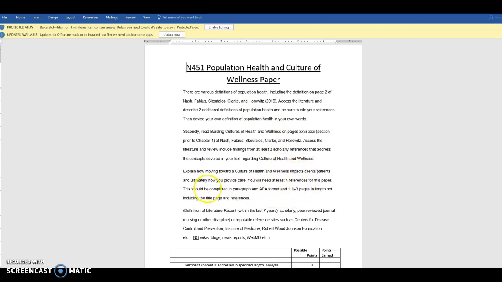And then explain how moving toward a culture of health and wellness impacts clients and patients, and ultimately how you provide care. So then the paper must be written in APA format, so use your APA manual so you know if you're going to be using headings, where those headings need to be, how to construct a title page, and how to construct a